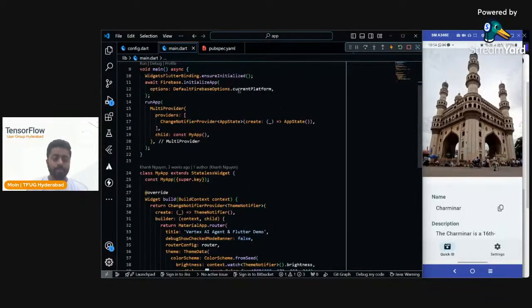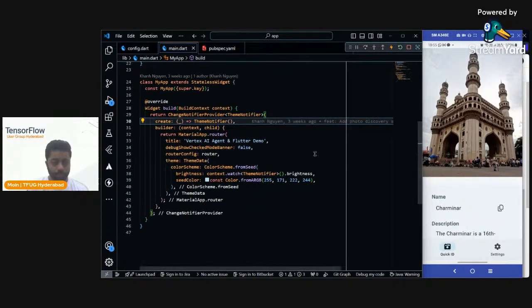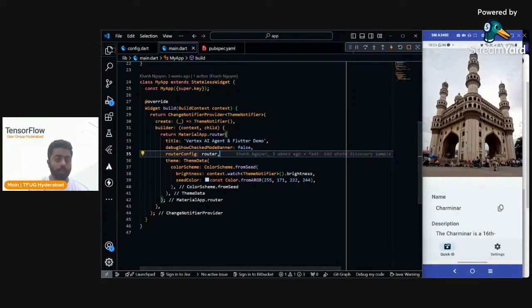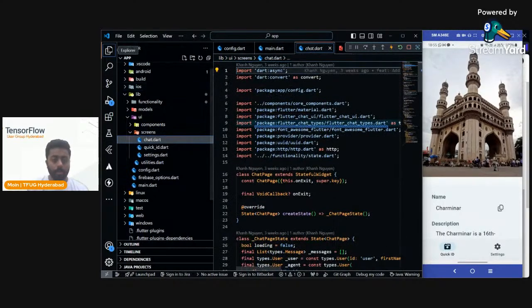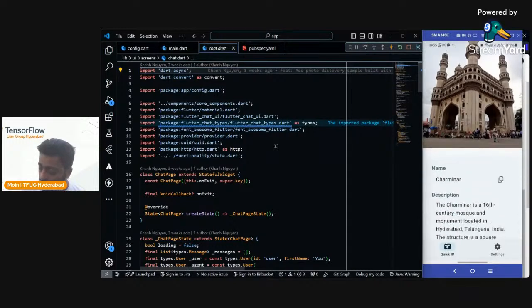So for this, I'm using provider state management, and let me go to the home page. Oops, I'm not calling it home page. I think I'm calling it something else. Yup, chat. Yeah, perfect. So as you can see in the emulator, just by uploading the picture, I got the name and